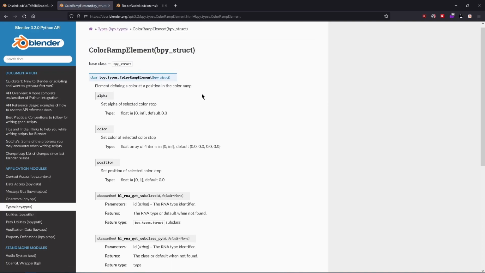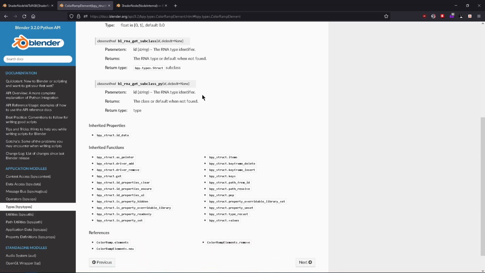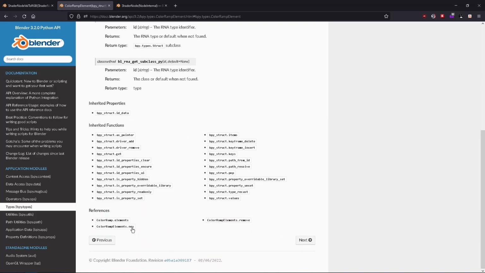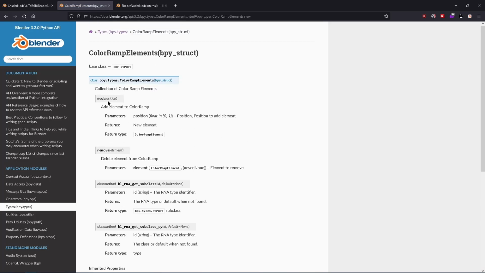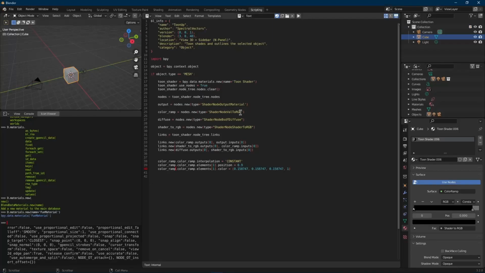We've got alpha and position. And okay, here down, color ramp elements dot new. So we can add a color ramp element by saying color ramp dot new. So that is what we have to do. So we will say color ramp dot elements dot new,